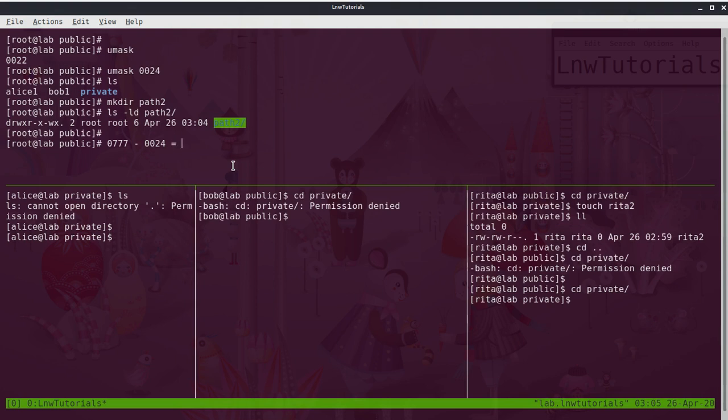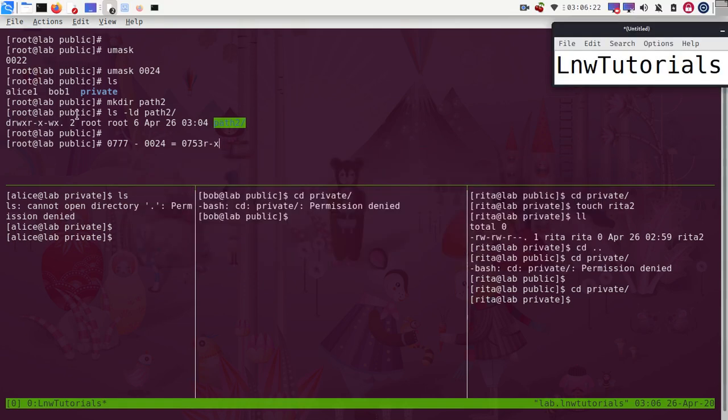According to this, what would be the calculated permission? It would be 0, 7, 5 and 3, because 7 minus 4 is 3. So this would be the permission. The same can be validated: 3 is for write and execute, read is missing, and 5 is for read and execute.